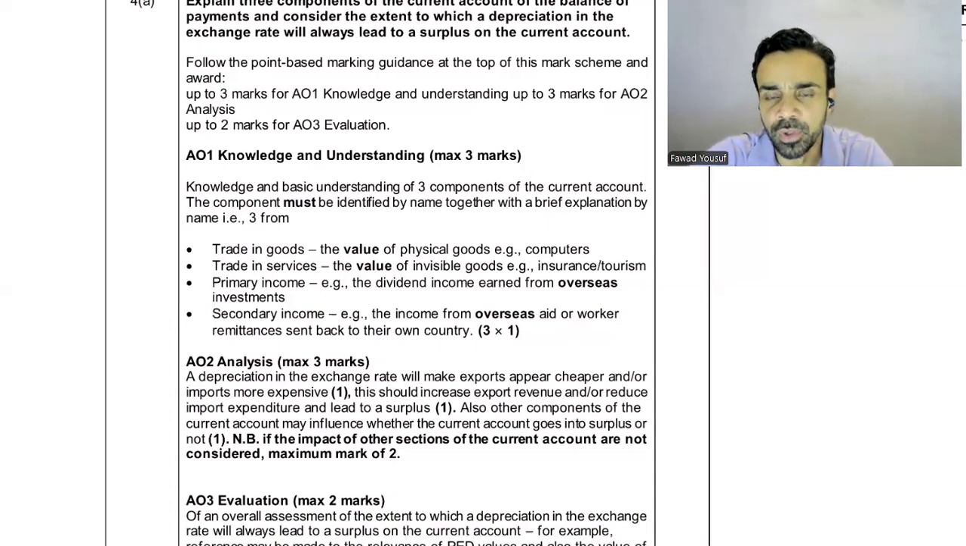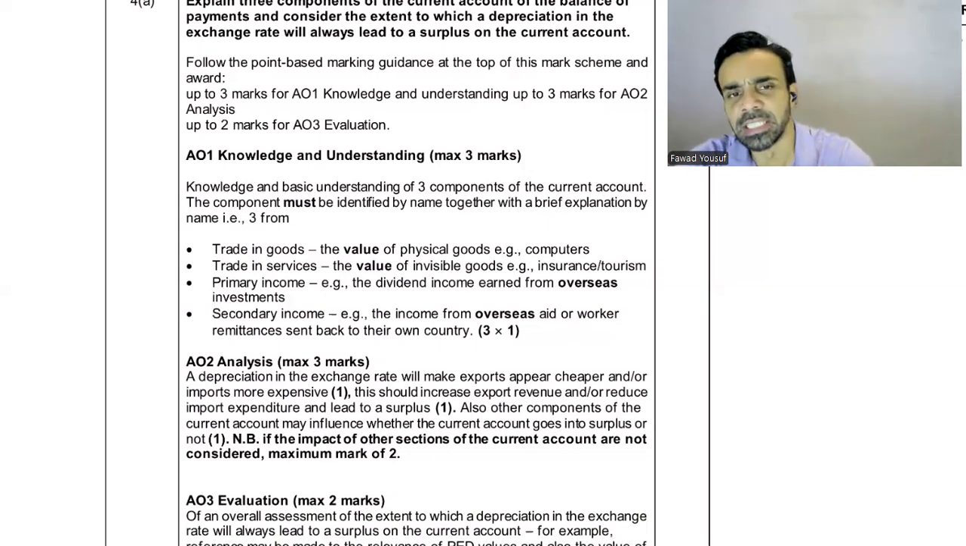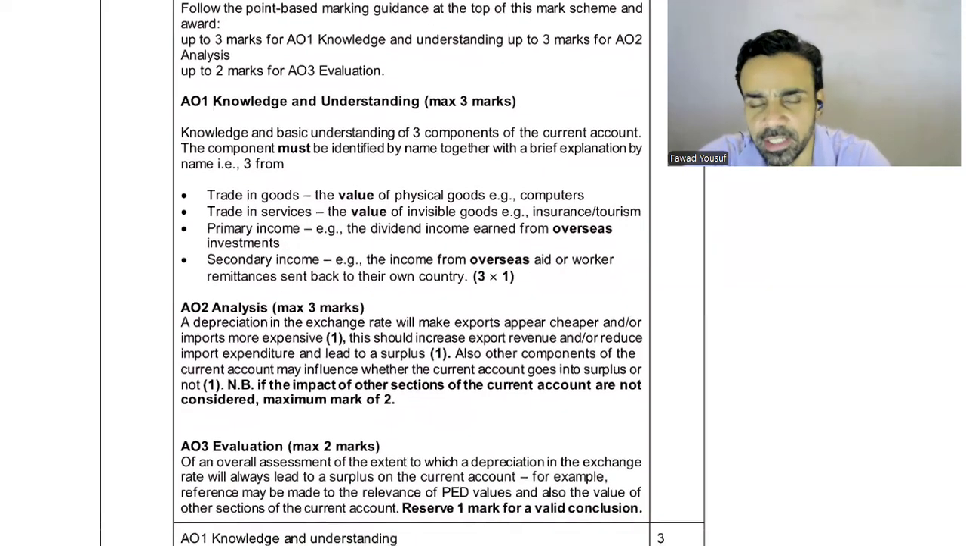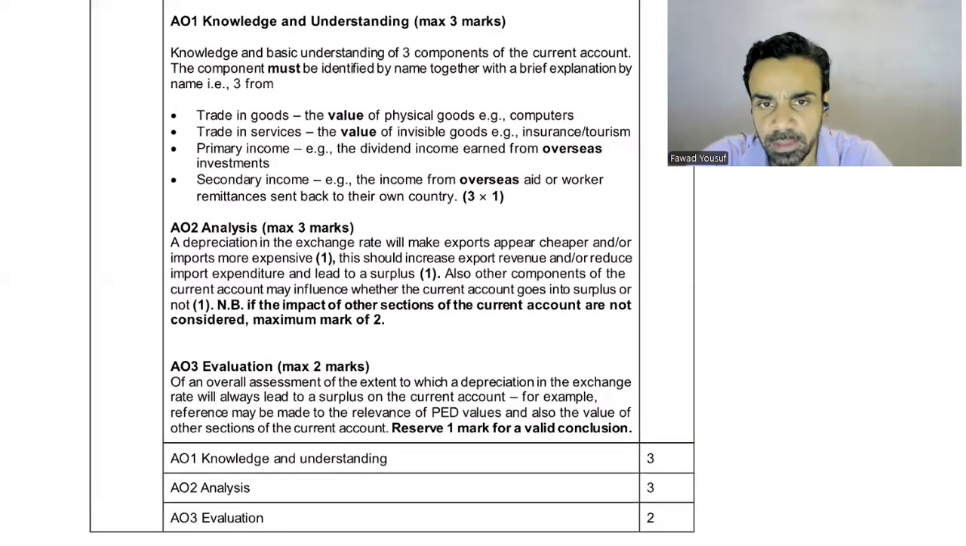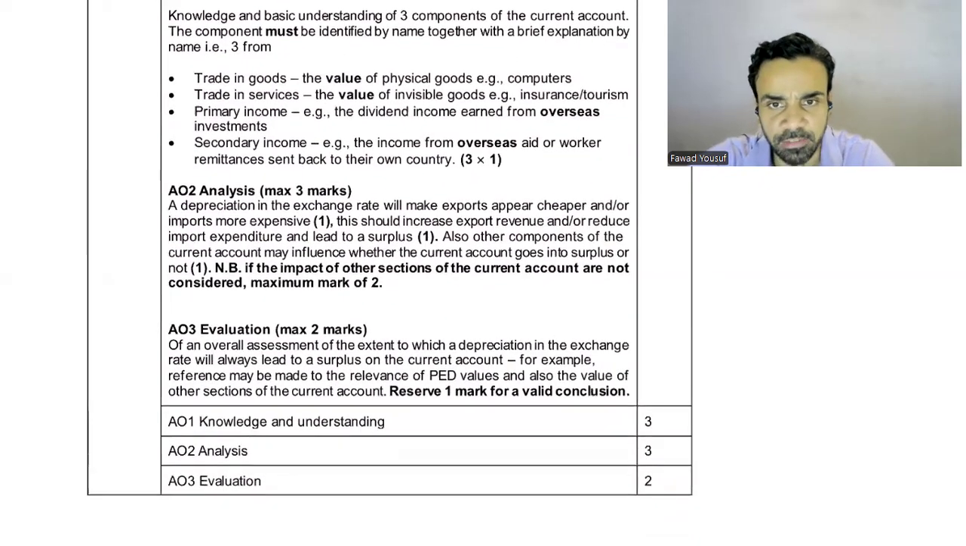but if you have a net outflow in your primary incomes or the secondary incomes, then it is quite possible that you may not move into a surplus. That is sort of a discussion. In my opinion, 99% of the kids did not get this third mark over here because they went directly into an evaluative